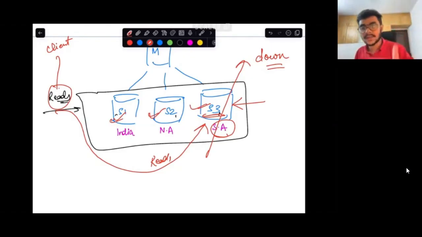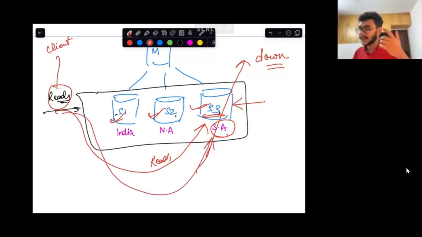So Narendra is saying failover, but how do you even determine that something like a failover needs to be done? Failover basically means promoting a slave to become a master, or, if you're sending your read request to a database which has actually failed, instead of sending it there, you send your request to the other databases. How do you know this? What is the entity that is going to solve for these things? This is something that we have not discussed so far. Yeah, health check, health beat. That kind of thing is something that we have not yet taken a look at.